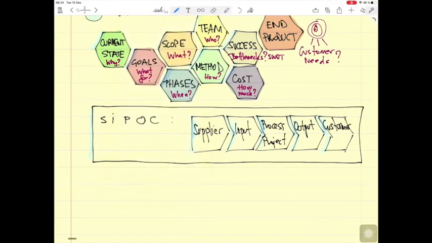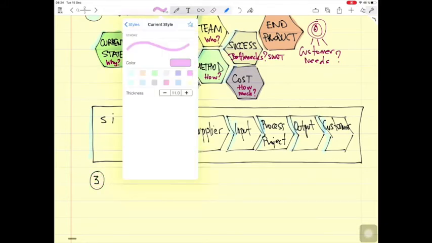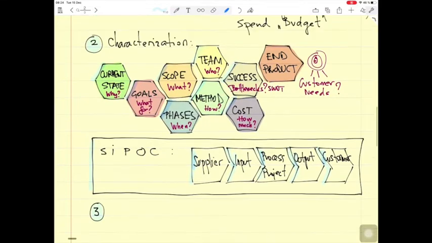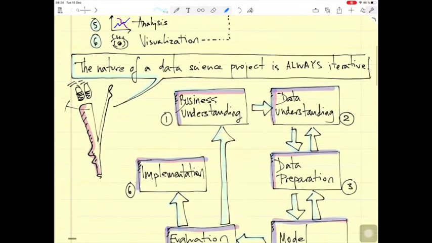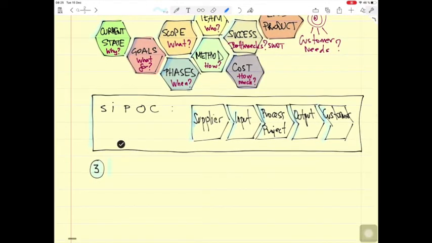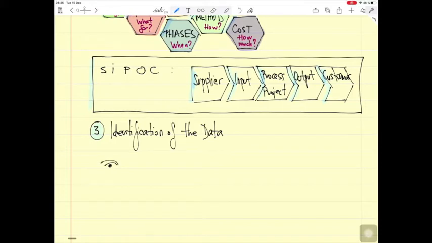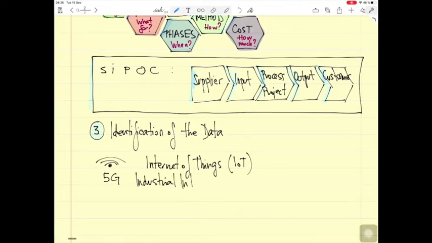Okay, so the third phase of a project is given by the identification of the data, and the data can come from different technologies like 5G or Internet of Things, which is called IoT, or industrial Internet of Things, IIoT,